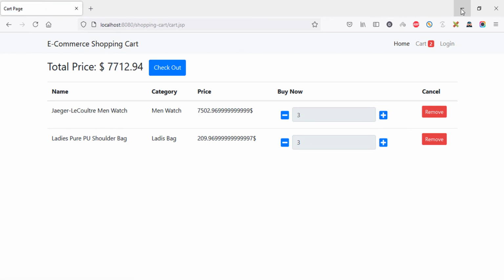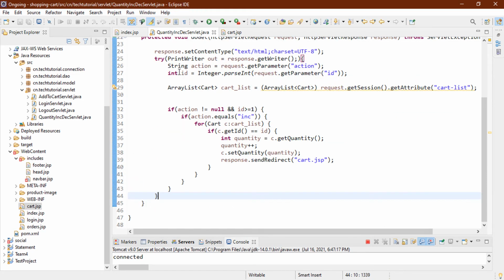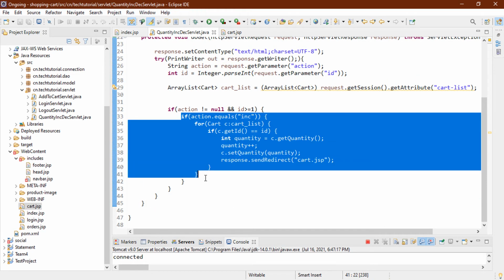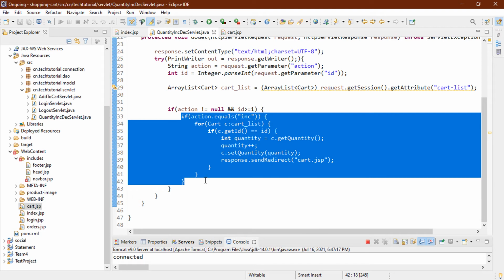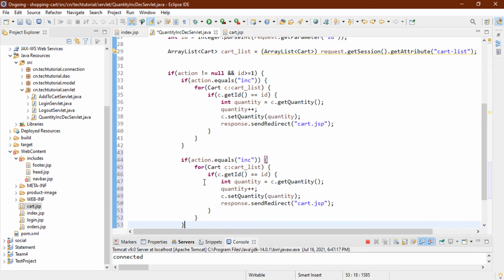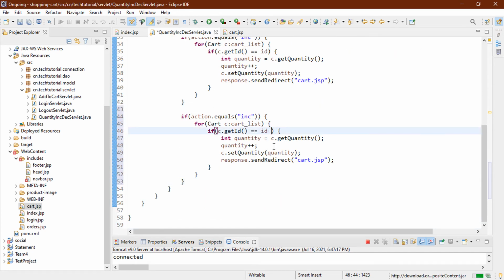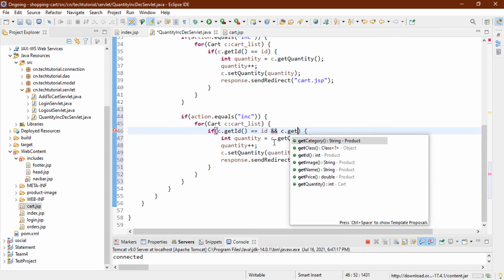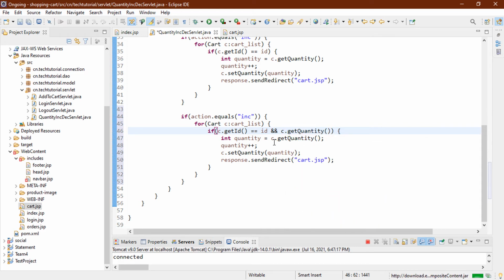Okay, all right. Now let's work on our decrement. Actually I am going to copy this if action, because we are going to perform the same things, but with some differences. Here I would like to add one more condition: c.getQuantity greater than 1.